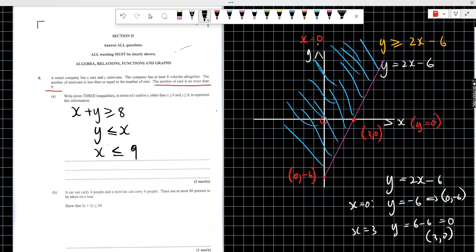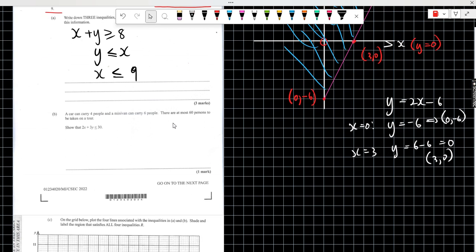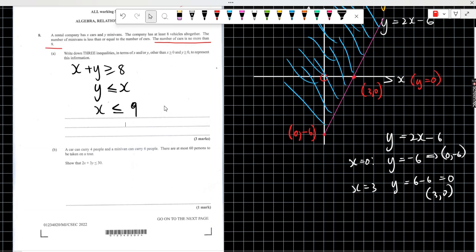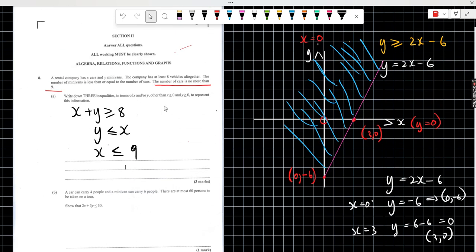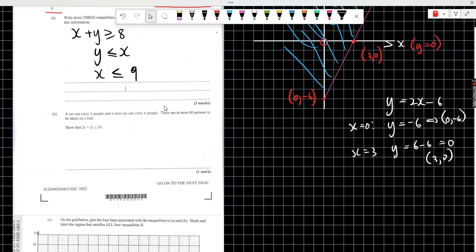Yes, sir. Right. Let's move to part B. A car can carry 4 people and a minivan can carry 6 people. There are at most 60 persons to be taken on a tour. So let's say you're going on a tour, an excursion, a trip, right? In terms of the number of vehicles, you have X cars and of course Y minivans. If you have X cars and you can only put a maximum of 4 people in a car, well, so